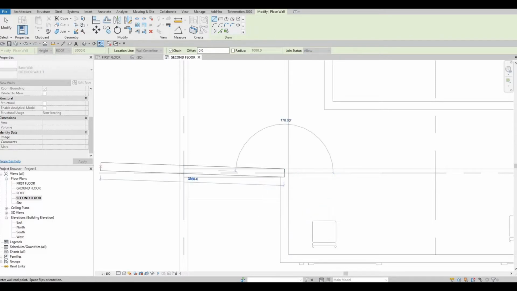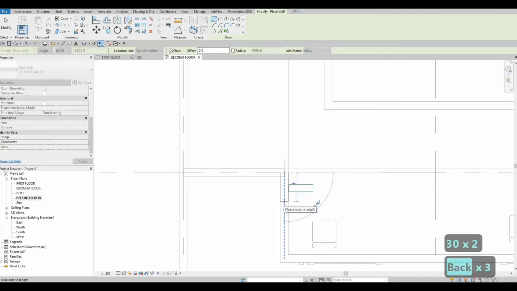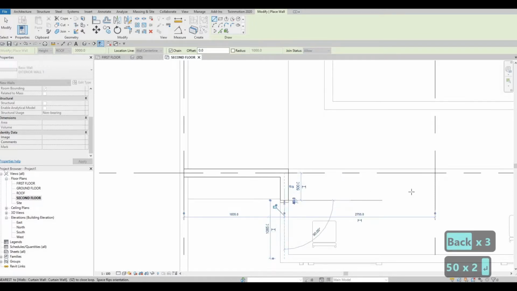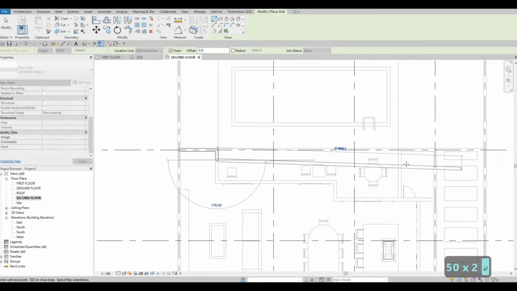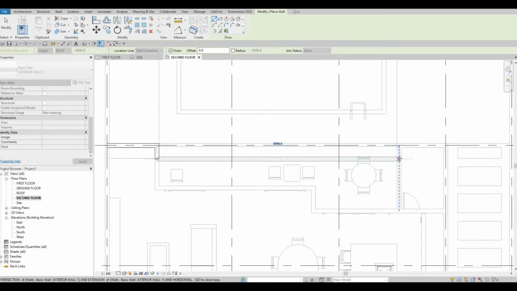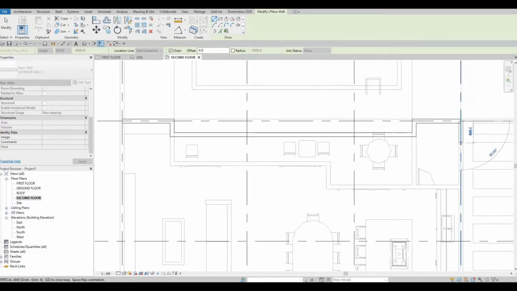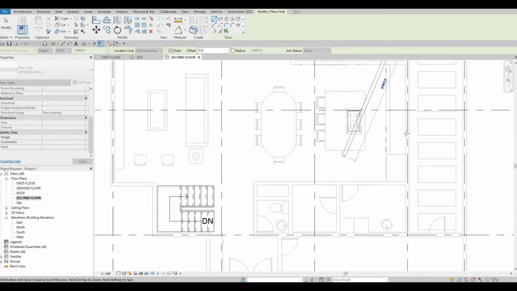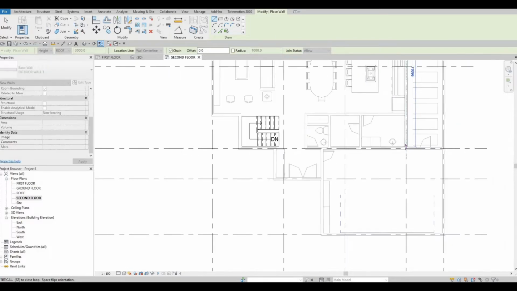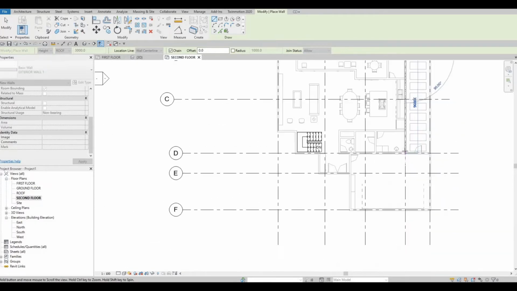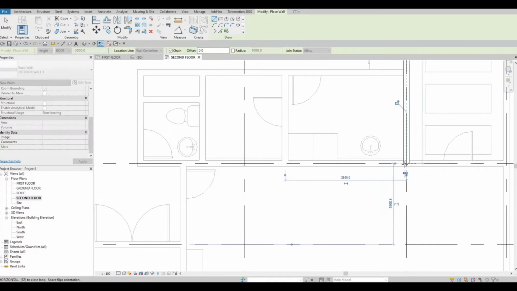But after around 300, or make it 500, we're going to come across all the way right here, and then going back to this intersection, and then going around here. And then you will need to go up to D4, going across